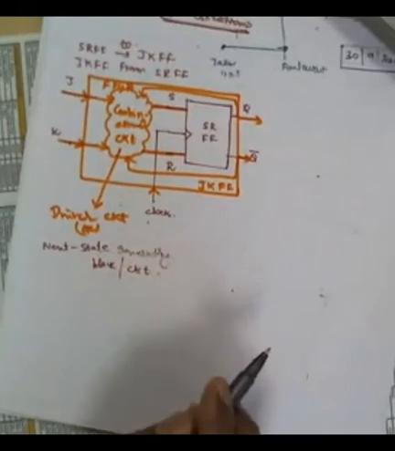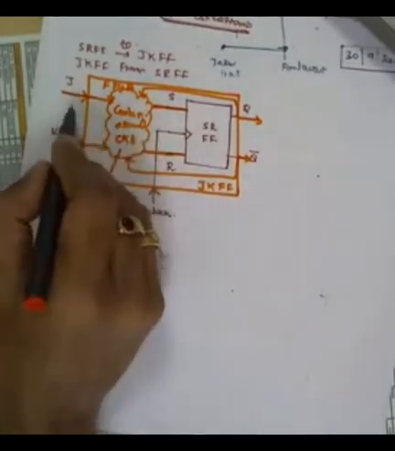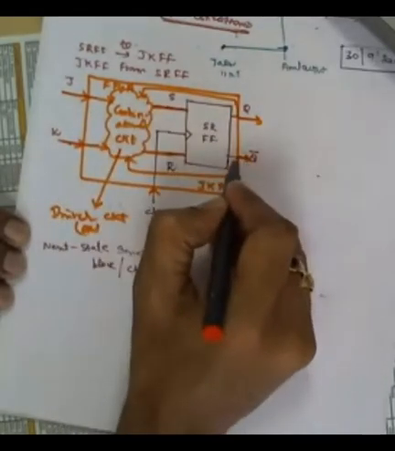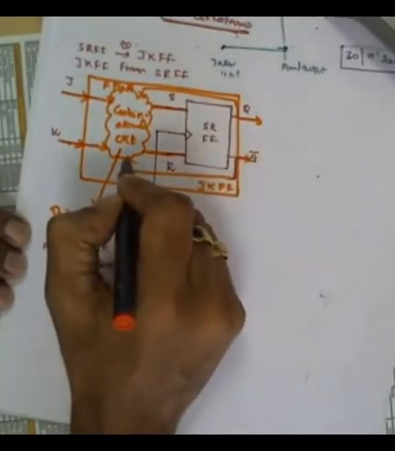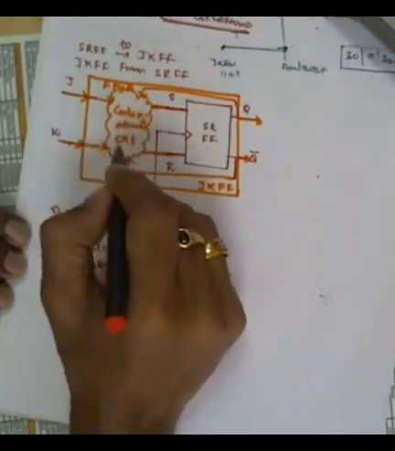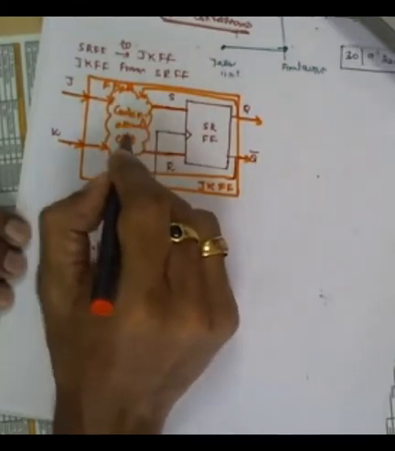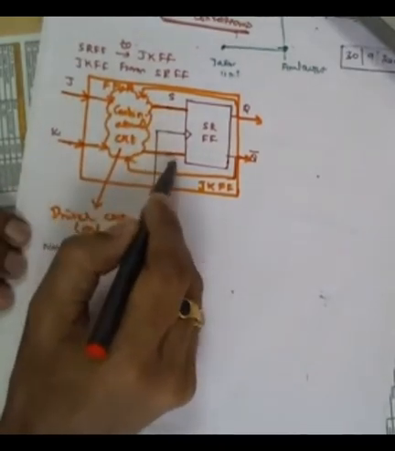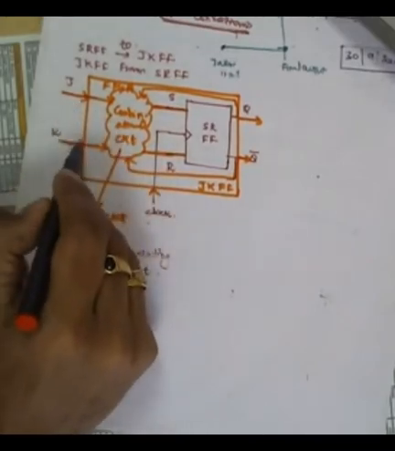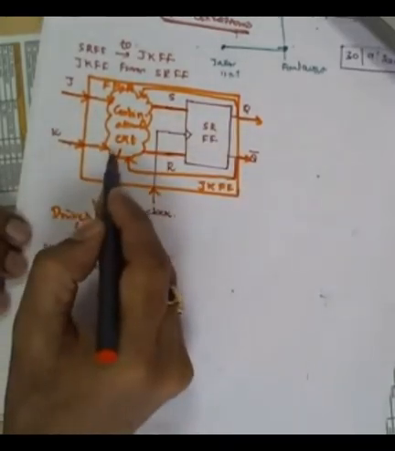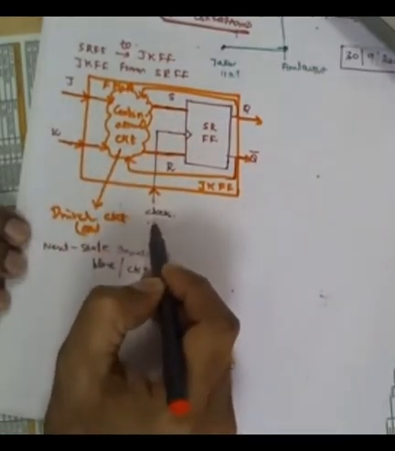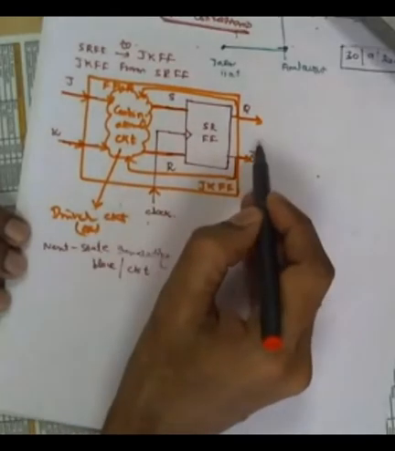Why is it called a next state generating block? See, suppose J is here, K is here, then your Q is coming back here as a feedback. Q dash is also coming back here, correct? So this is the combinational circuit. There is no control over this circuit, right? At the moment when you change your J and K, the circuit will immediately change the S and R as a function of J, K, Q and Q dash. So S and R will be available here, but at the moment when you apply the clock here, the next state, Q of t plus 1, will be generated here.